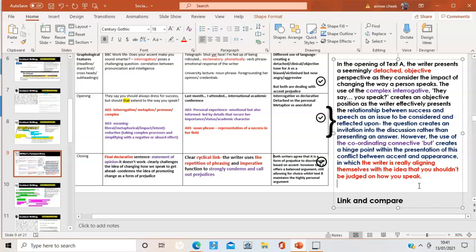So we've got here, the writer is really aligning themselves with the idea that you shouldn't be judged on how you speak. So we could do this. Now, this is an A to A star moment, okay? But it's a good time to say this. So we could say, however,